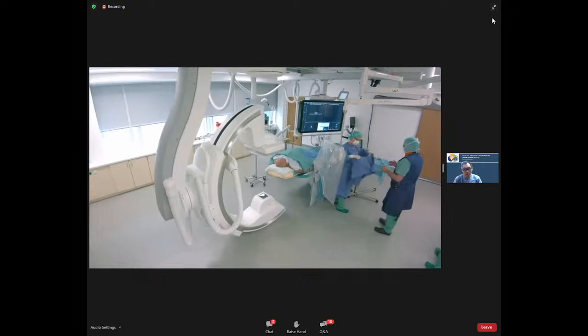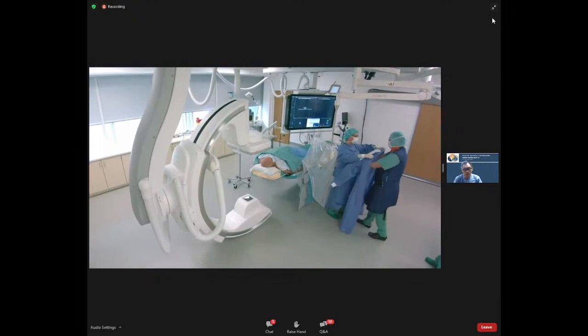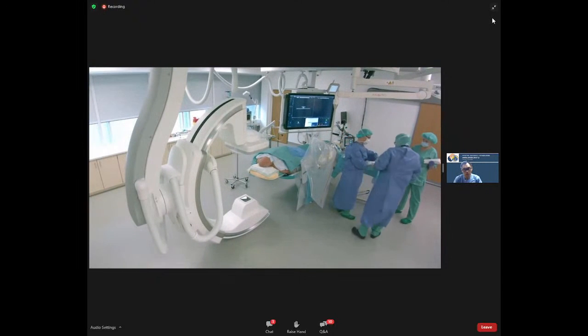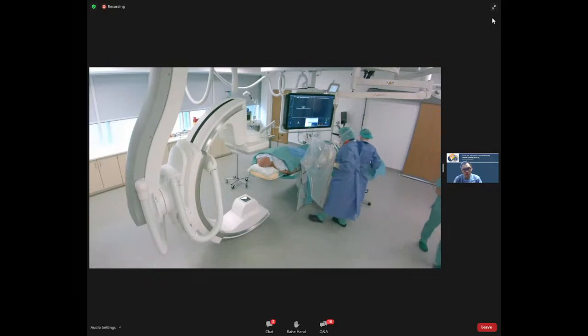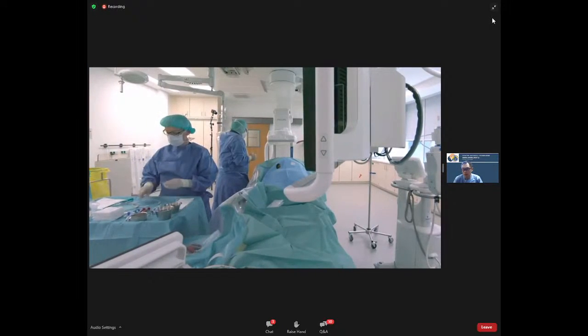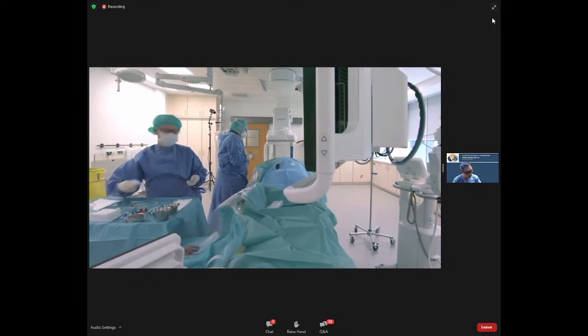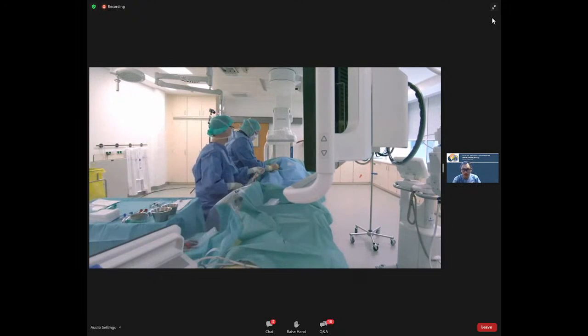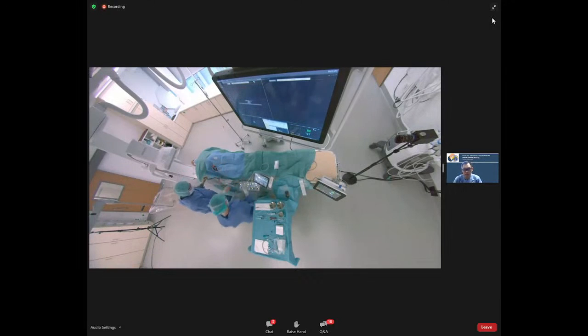When all preparations have been done by the scrub nurse, the interventional radiologist scrubs in. The radiologist starts the procedure by explaining to the patient what will happen in the next minutes of the procedure. Once the introducer needle is in place, a short guide wire is advanced into the needle and the system is